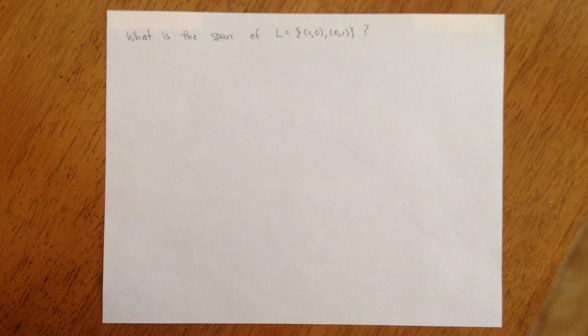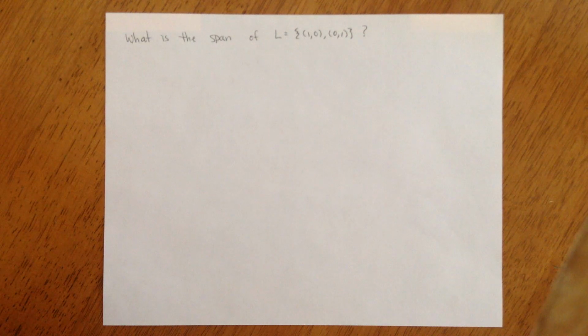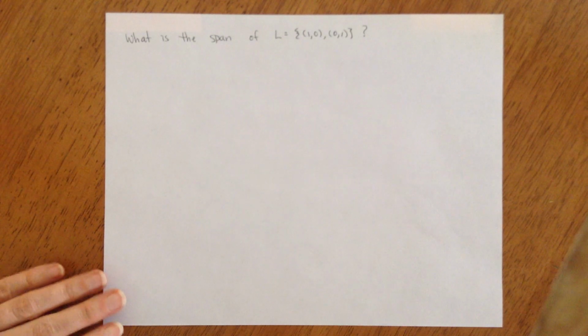So here we have a set, and we want to know what the span of the set is. The span of a set, when I use the word span that way, it's a noun, because it's an object. And the span of a set is all of the possible linear combinations of the elements of the set. So it's everything,